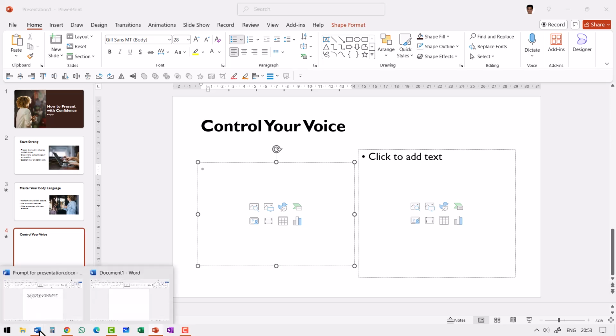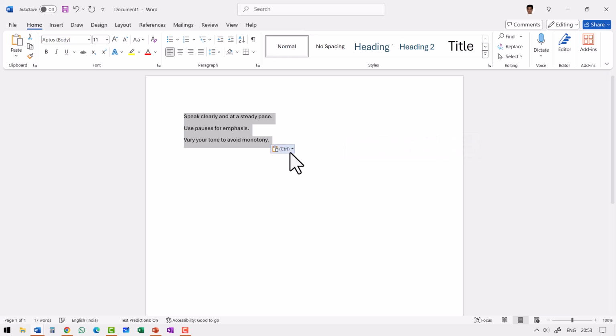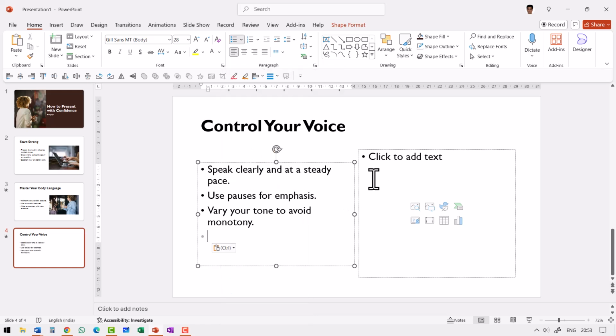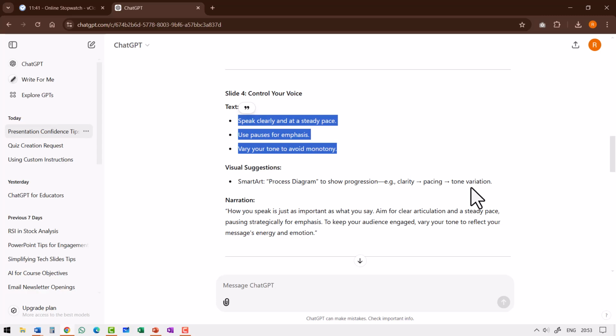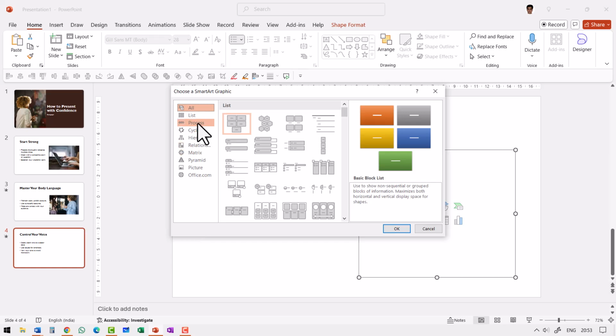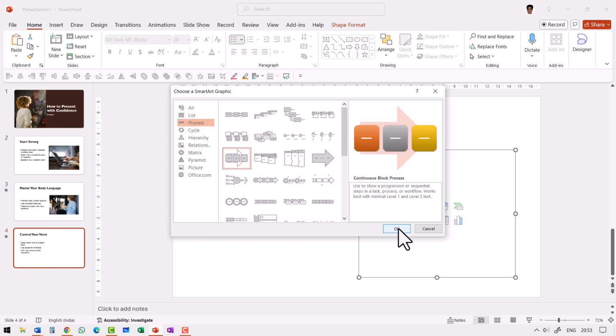Okay, now once again, the same thing that we did earlier. Select everything, cut, and then go back to PowerPoint, right click and do this. And what is the thing? It is clarity, pacing, tone variation. So that is the process diagram. Okay, clarity, pacing and tone variation. So I can go to SmartArt by clicking on this. Let us see process, and maybe I can use this and say okay,